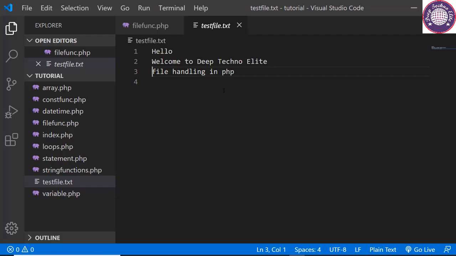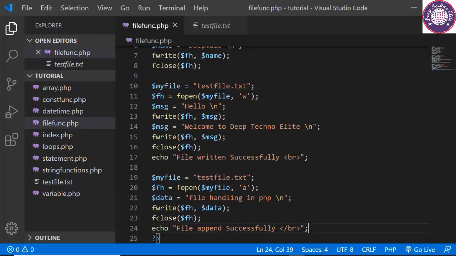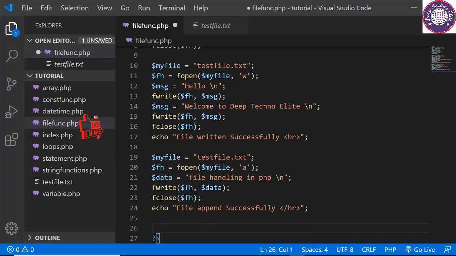And now let's have a look at the file_exists function. The file_exists function is used to determine whether a file exists or not. You can use this function when you want to know if a file exists or not before processing it. So let's see the syntax first. file_exists function followed by a parenthesis and a parameter $filename, end with the semicolon. The file_exists function is the PHP function that returns true if the file exists and false if it doesn't exist, and $filename is the name of the file to be checked.